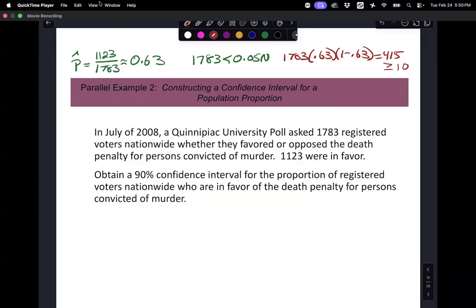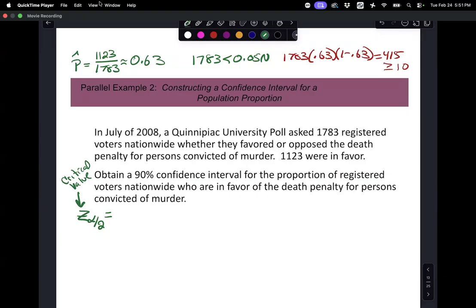All right, now that I have my p hat, the way that I do this is I generally do it one piece at a time and then put it all together. I don't like doing all the math at once because I like to understand what's going on. The first thing I'm going to do now is go to my z table and look at the z sub alpha divided by 2. This is my critical value. Critical value is going to carry us through chapter 10 also, so I'm going to keep using that vocabulary so it's in your noggin.